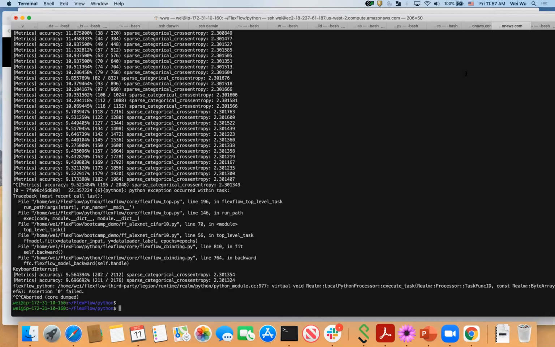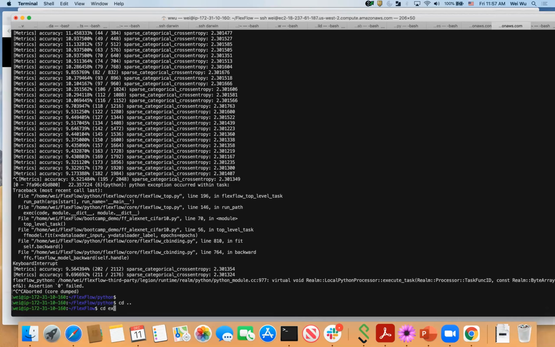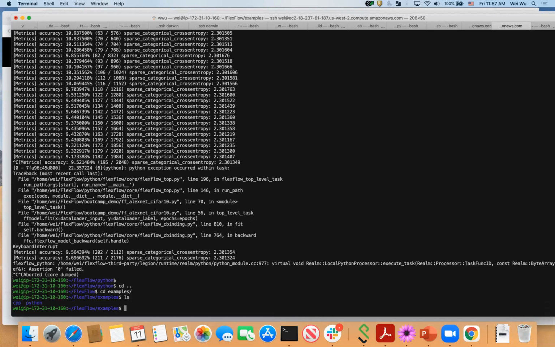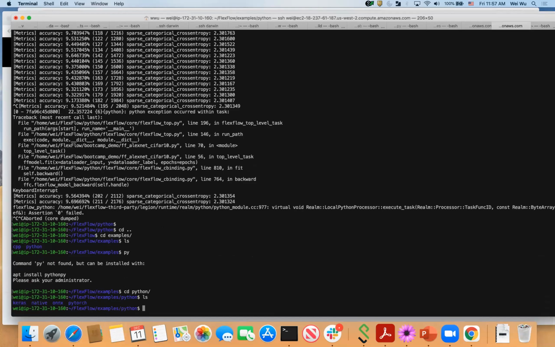And we also have more examples. They are in this examples folder. So we have CPP, which is all the C++ examples, and the Python ones are in the Python folder. We have Keras, native, ONNX, and PyTorch. So you can try them and play with them, and let us know if you have any questions. Okay, so I'm done with the demos,